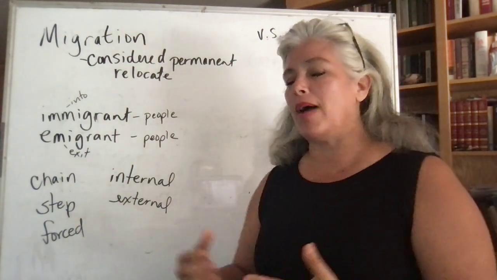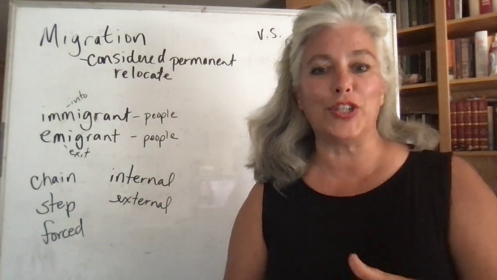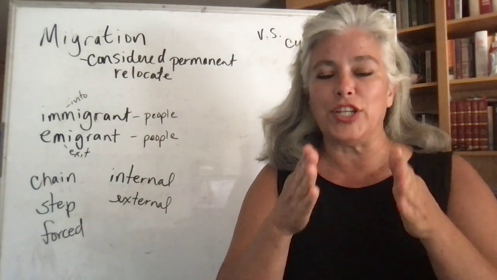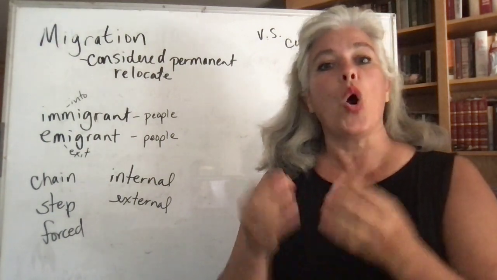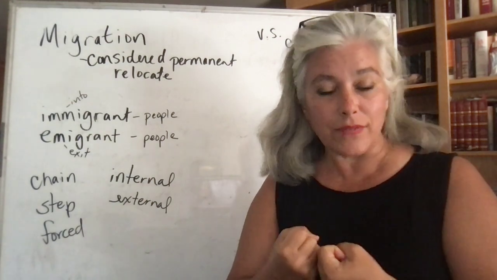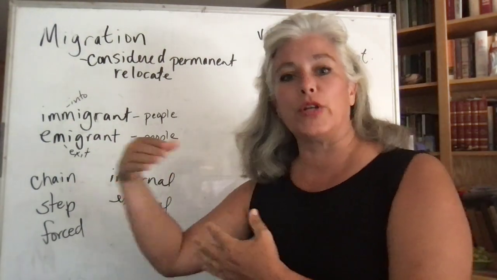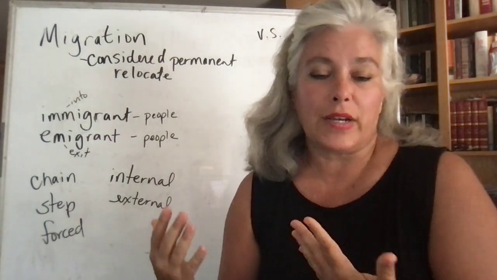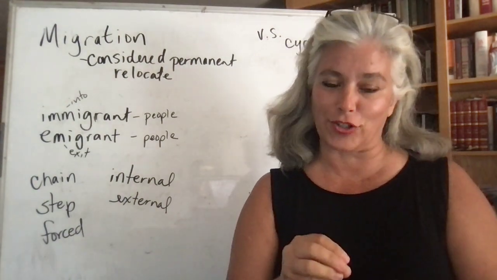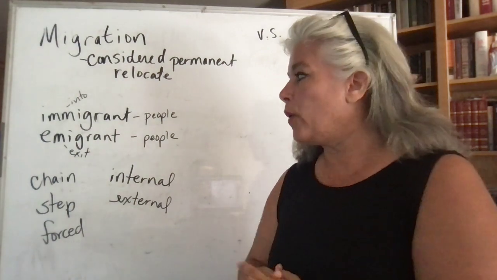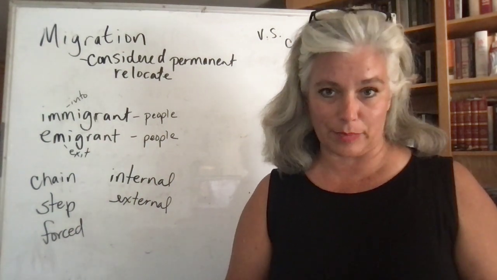And then there are different types of migration that we're going to talk about. I have chain migration on the board behind me. I want to be sure to address this one because, from a geography standpoint, chain migration is simply a pattern in which one person of a family unit perhaps leaves the original place, for whatever reason. Maybe it's a job, maybe it's a climate reason. We'll talk about push and pull factors in another video. But whatever the reason is, maybe one person leaves and goes to the place where they want to permanently relocate.